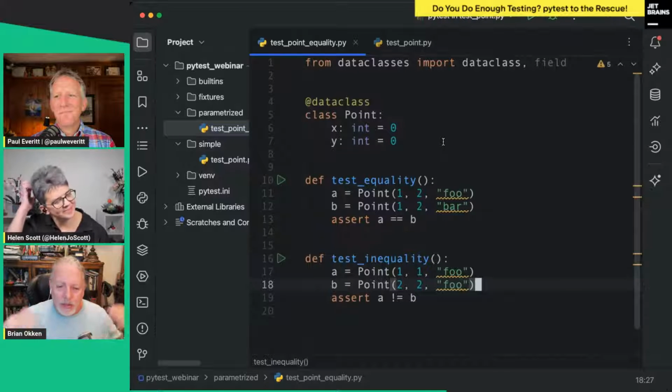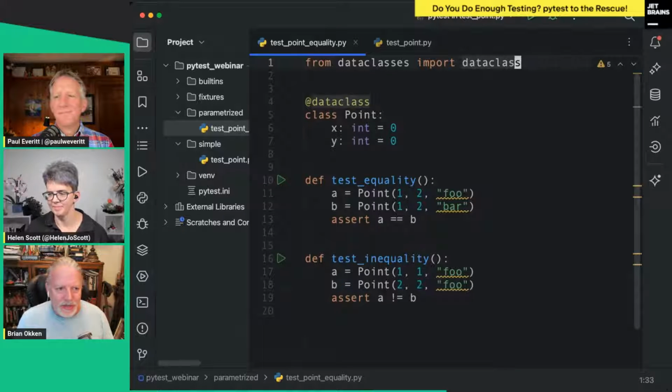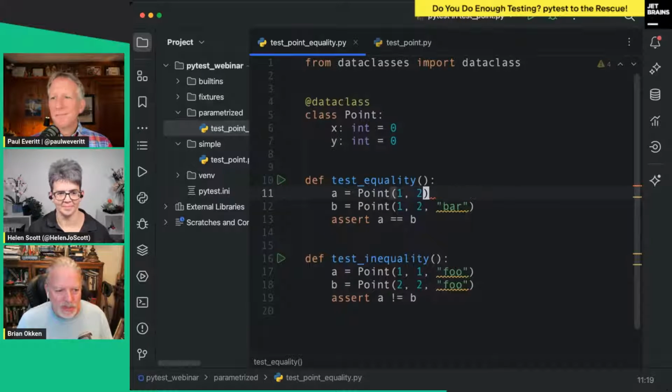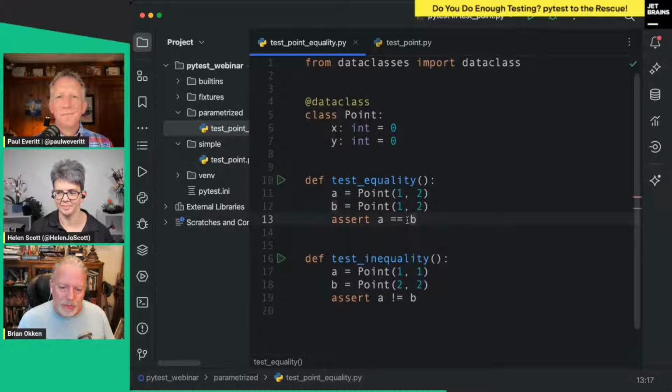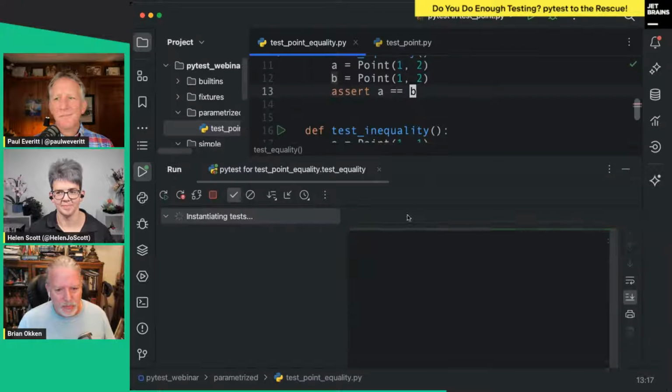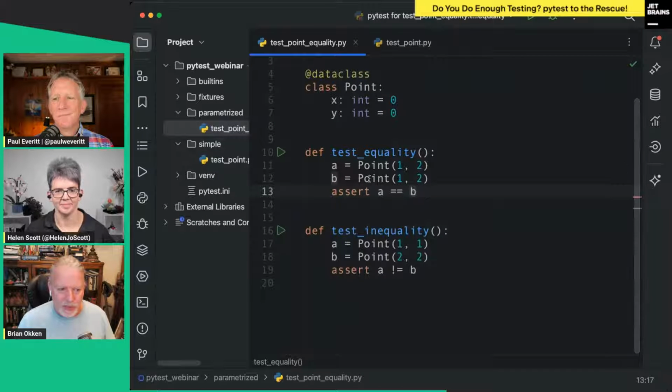So let's say I wanted to understand equality within data classes. This is just one of the things that data classes do. Let's get rid of these names, because I don't want to cover that. So I've got any 2 points that are equal, A and B, and I can just write a test that makes sure that works. That's not very exciting though. And if I have 2 points that are not equal, I can say that they're not equal. That's not a big deal.